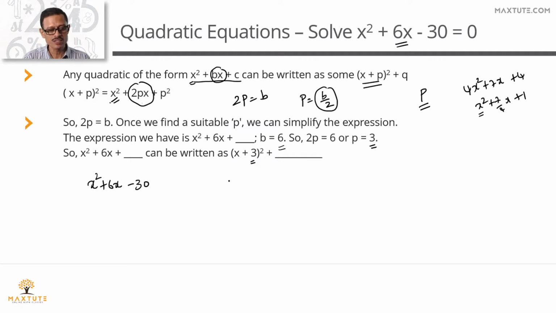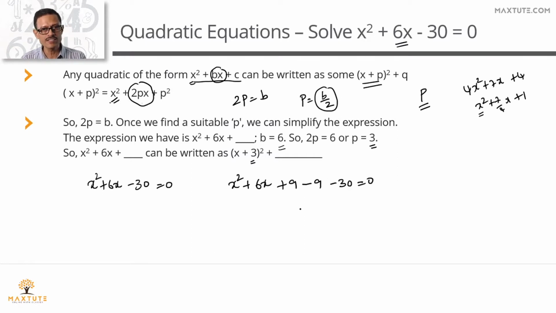Let me expand this term first. This is going to be x square plus 6x. Till this we are on even terms. Plus a 9 is what we have. I actually need it to be a minus 30. So I'm not going to do too many things. All I'm going to do is, we added a 9 from here as a p square. Let me subtract a 9 and then subtract a 30 and finish this.